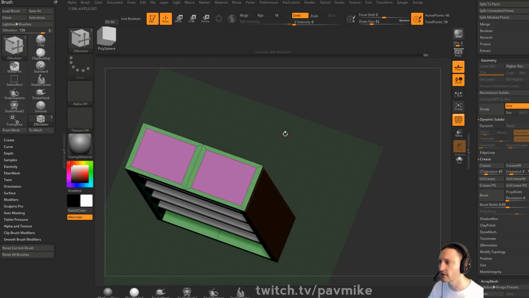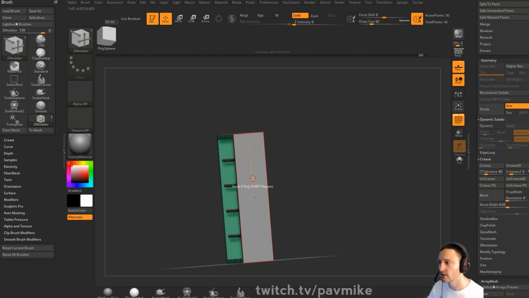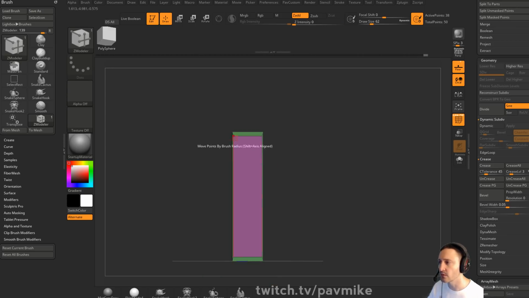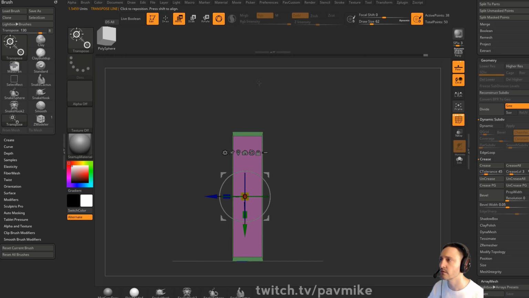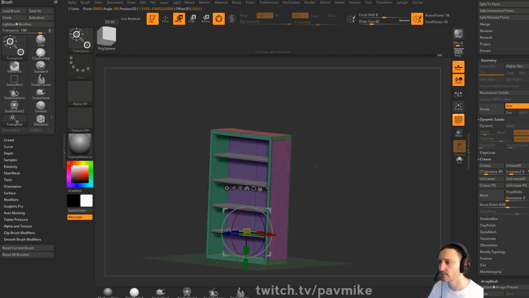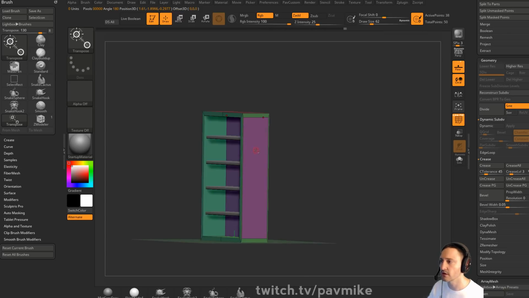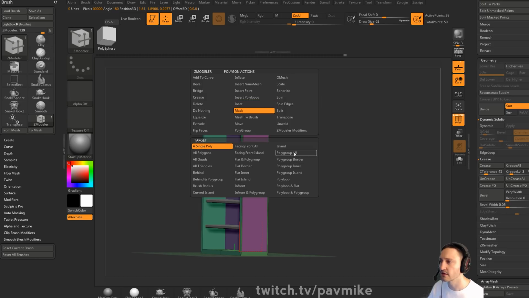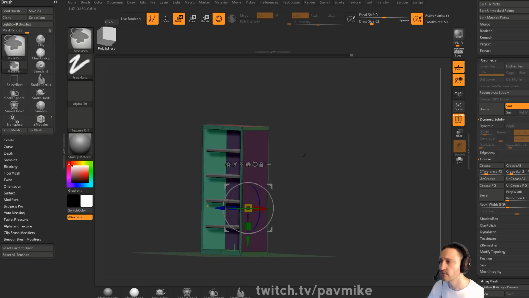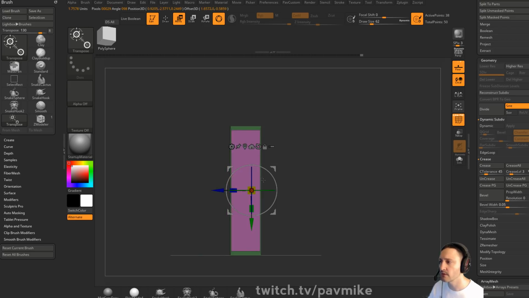yeah, you're getting a little thinner. I guess that's a bad example. Let's see if we can make it more obvious. This side here. There we go. So we're getting thinner on the sides, and in this case, I would say go back to our gizmo here, I can just control click. Maybe not. We can go into our ZModeler brush here and say mask, polygroup all, and then we can say W, go to Unmask Mesh Center,